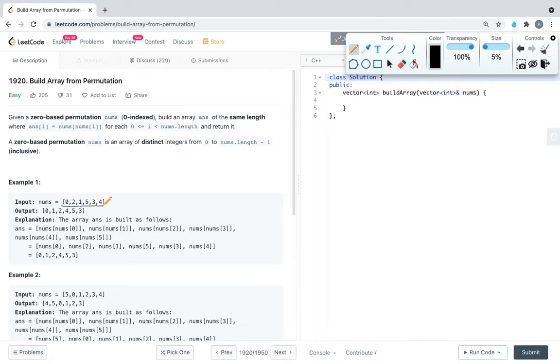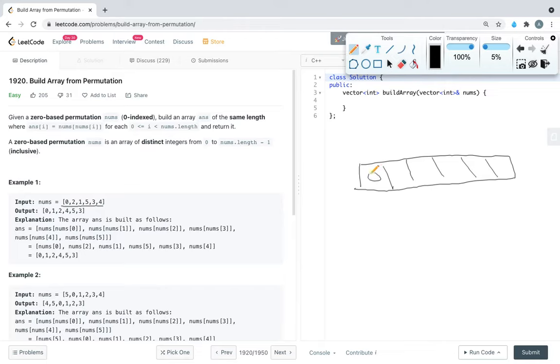So this is the given input array. The nums array is 0 2 1 5 3 4. I will just write that array again over here.